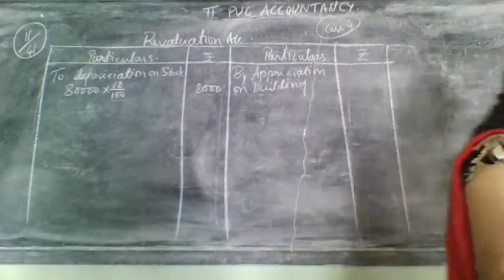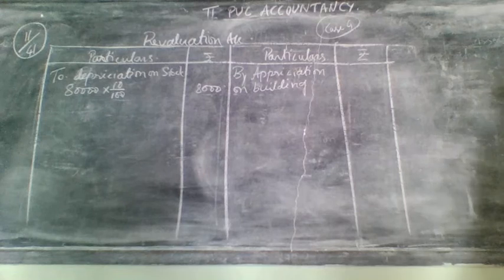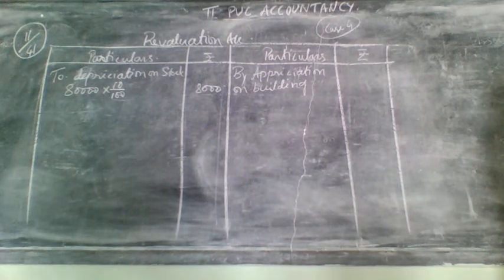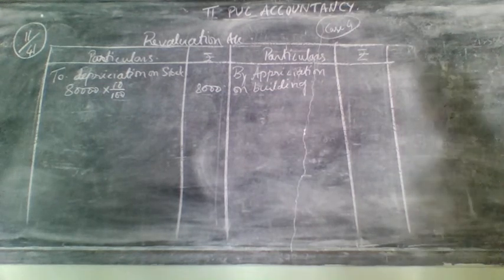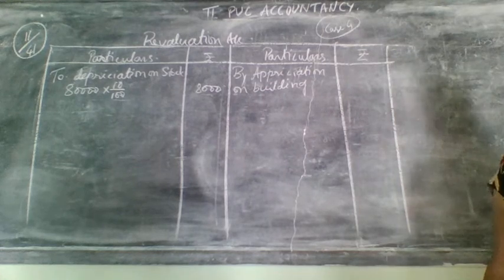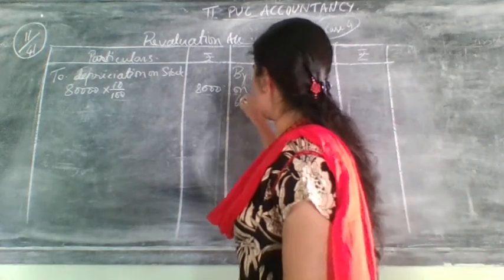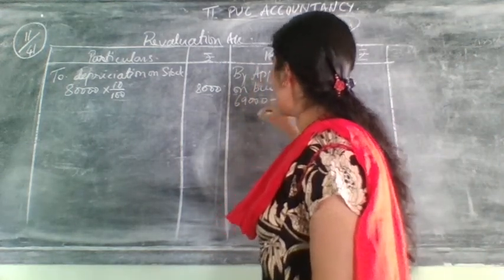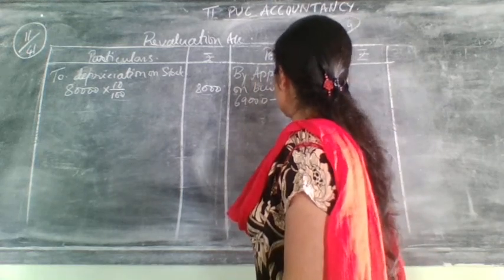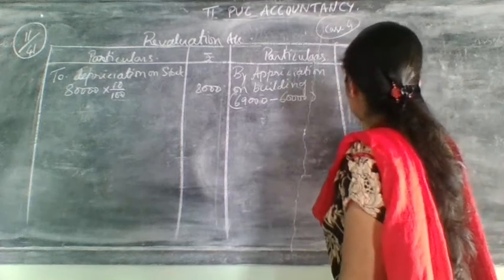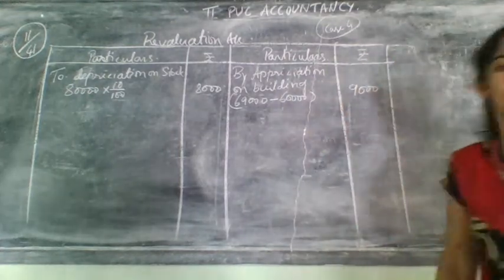Here building appreciation, it was appreciation. Why? Because they have given increased. Increased means obviously the adjustment amount will be more, and the old balance sheet amount will be less. Now the adjustment amount was 69,000, the balance sheet amount was 60,000. Write it here and write that 9,000 difference amount on the credit side.